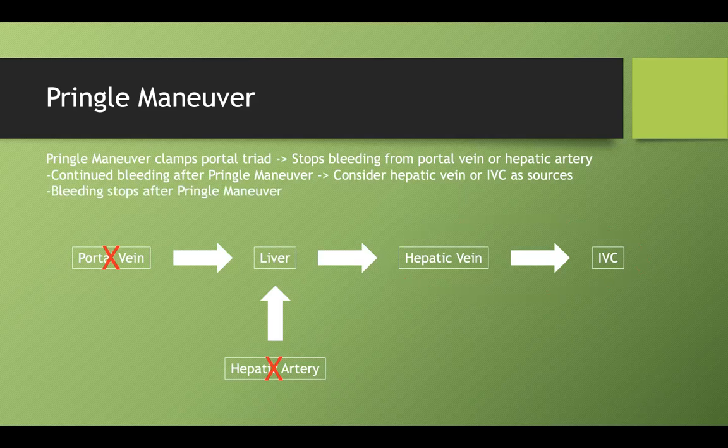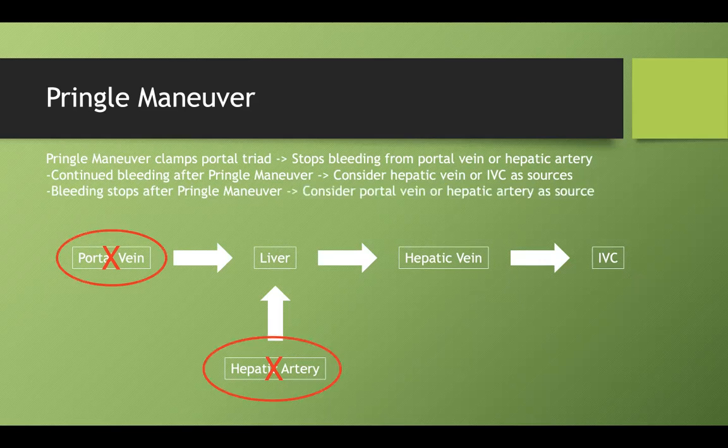However, if bleeding does stop after you've clamped the triad, now you're more concerned that it is a portal vein or a hepatic artery bleed. And on question stems, they really keep it simple as far as differentiating between these bleeds. What they'll do is give you a pulsating, bounding bleed that stops, that sounds more arterial